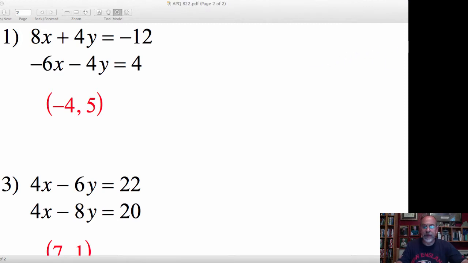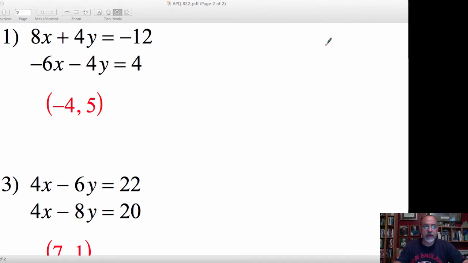And then again, what we're going to need to remember is how to make a good choice. And there's two things we want to look at. The first thing we want to look for is a variable that has a coefficient of 1. If an equation does have that, we're going to solve for that variable. The second, if that's not available, then the second priority is to determine a coefficient that will divide evenly into